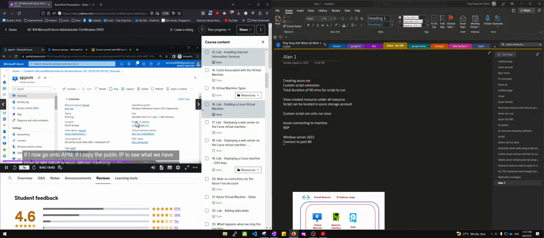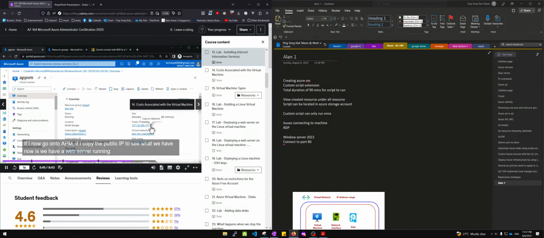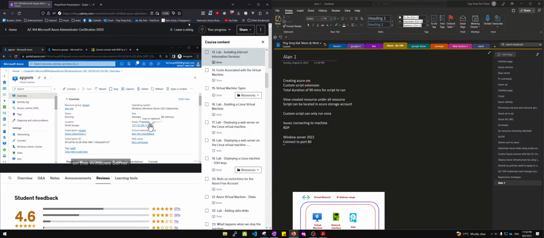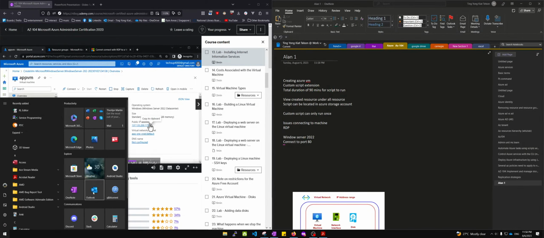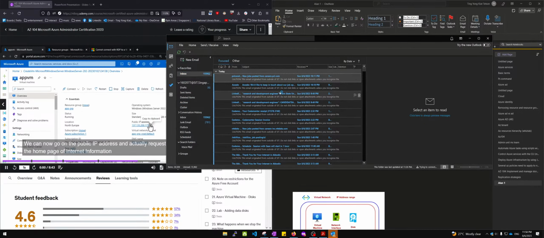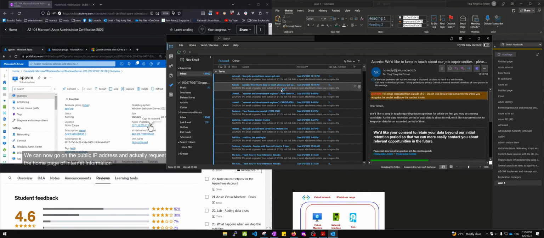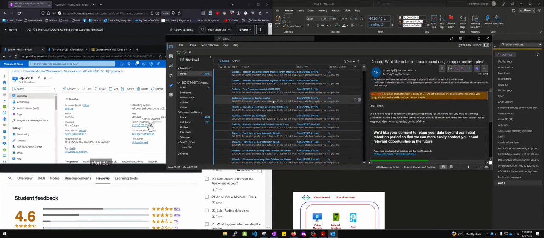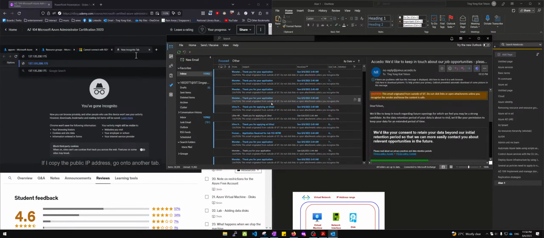If I now go on to app VM, if I copy the public IP address, see what we have now is you have a web server running on this Windows server on the Azure platform, and from the browser on a laptop we can now go on the public IP address and actually request for the home page of Internet Information Services, because we have a web server now running and listening for requests on the default port of port 80. If I copy the public IP address, go on to another tab,